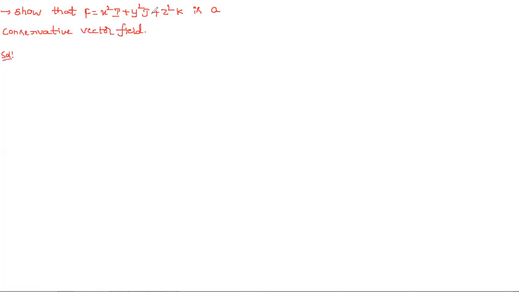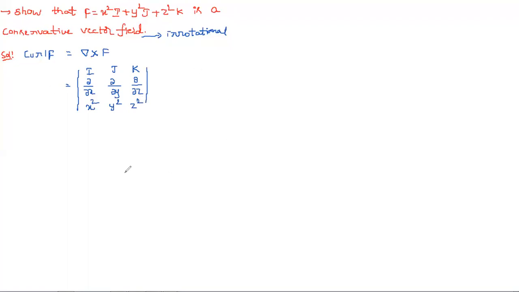A conservative vector field is nothing but, simply what we can say, irrotational. So what they are asking is that we need to show this vector is an irrotational vector. It means obviously we need to prove the condition curl F is equal to 0, curl F bar is equal to 0 bar. That one we need to prove here. So this is nothing but, in symbolic notation, we write del cross F. So this is equal to the determinant with i, j, k, then dou by dou x, dou by dou y, dou by dou z, and then x square, y square, z square.